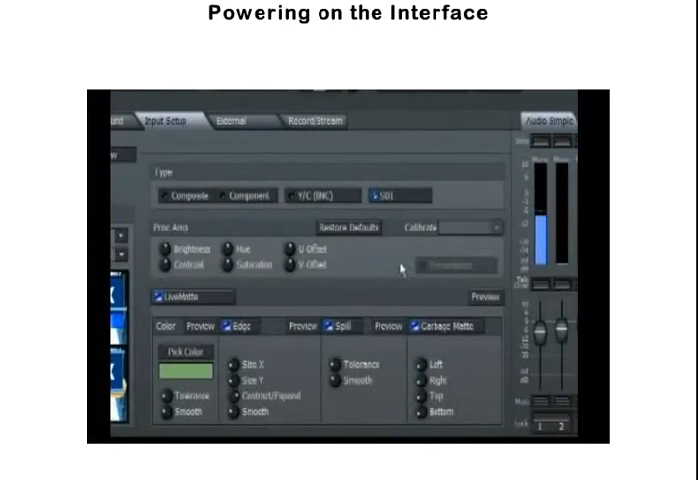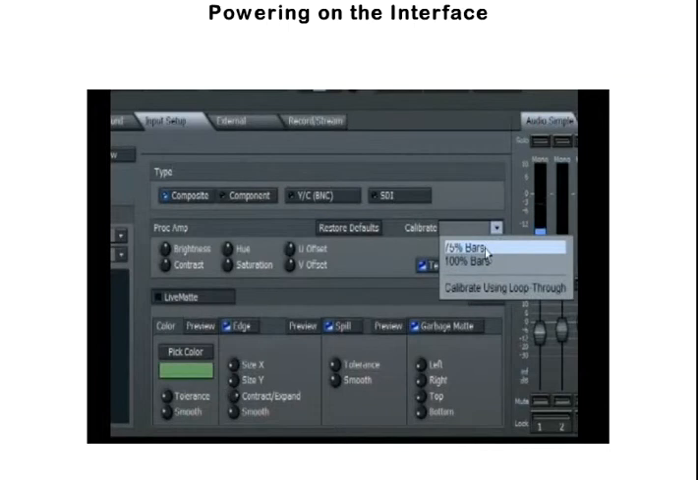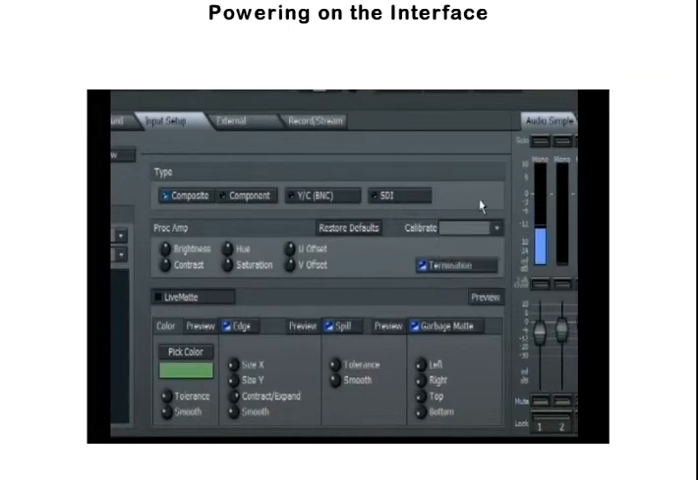We also have the ability to auto-calibrate the proc amp if we're using component, composite, or YC. This means we can turn our camera into color bar mode and it will automatically set up the camera for you. As you can see from the pop-up, we can set to 75 or 100% bars. I usually flip my camera into color bar mode and set it to 75 bars, and it sets up the